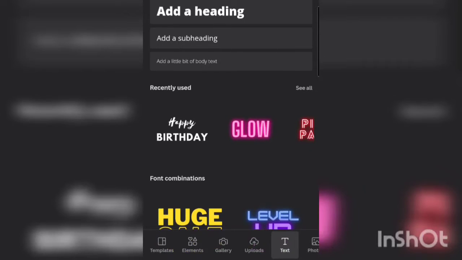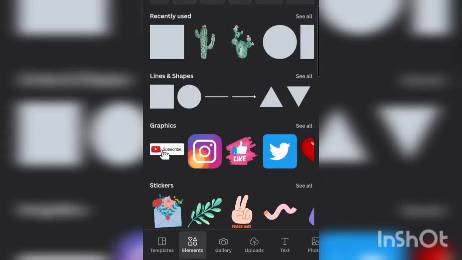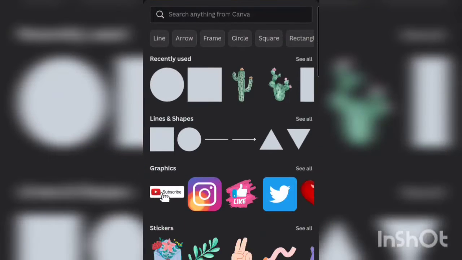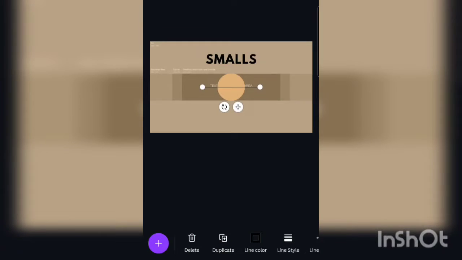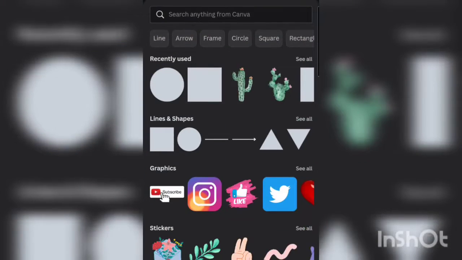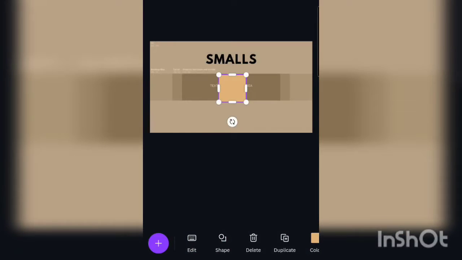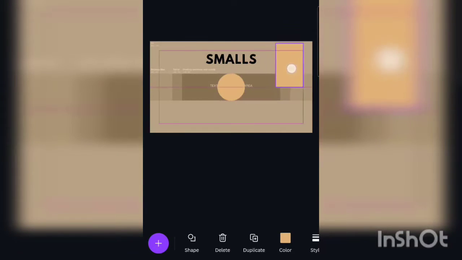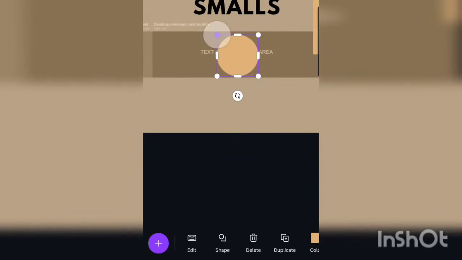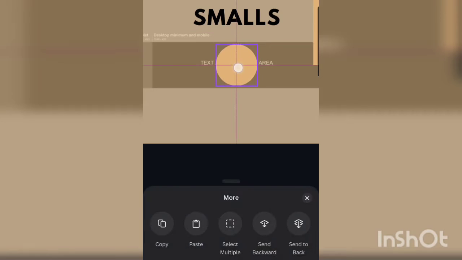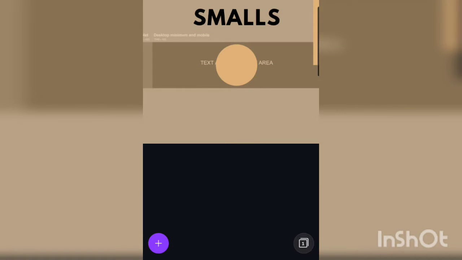Now what we want to do is go to your elements and get the circle and a square. Super simple. No, I got a line this time. You can obviously come up with better designs, but I'm just showing you guys a very simple way of coming up with your designs. Once you get the circle, you want to put it in the middle and kind of minimize the image itself, because I don't want the circle to be touching the safe area,